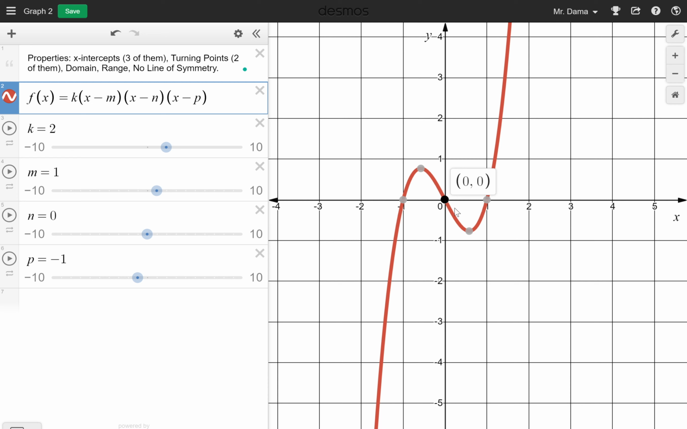But all your x-intercepts, they're the same. Your k does the same kind of thing. And so you're like, Mr. Dharma, what can I do? Well, if I give you a function or a curve or something to graph, I'm going to